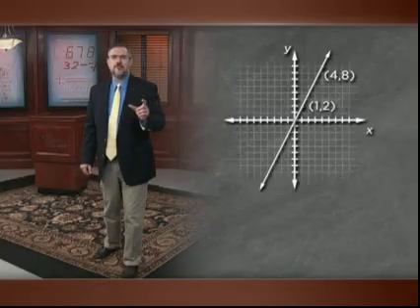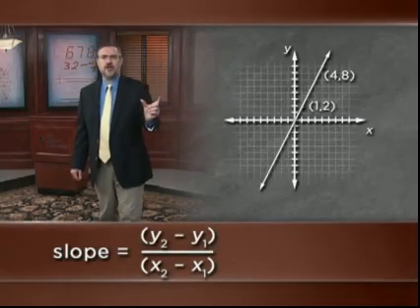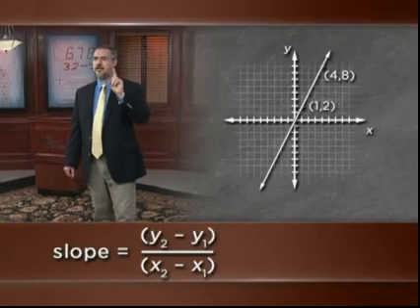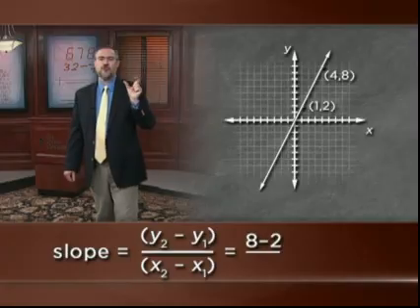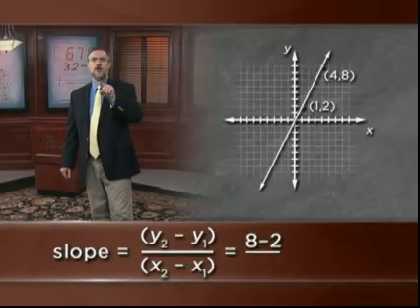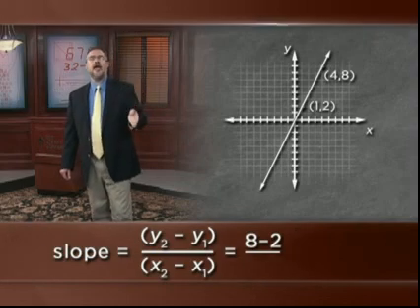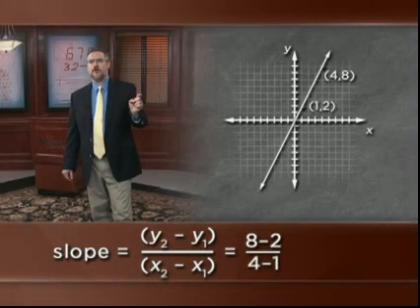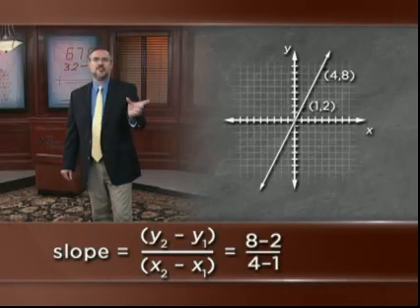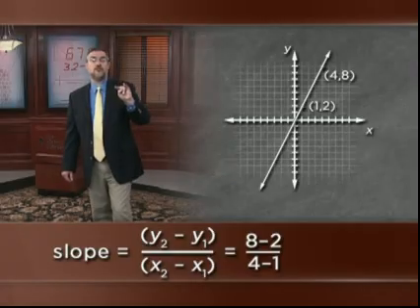The slope is equal to the change in y divided by the change in x. Okay, what is that? Well, the change in y is 8 minus 2. Notice that that's the two y coordinates subtracted from one another, 8 minus 2. And we then divide that by 4 minus 1. And again, the 4 minus 1 is the difference of, or the subtraction that we would do between the two